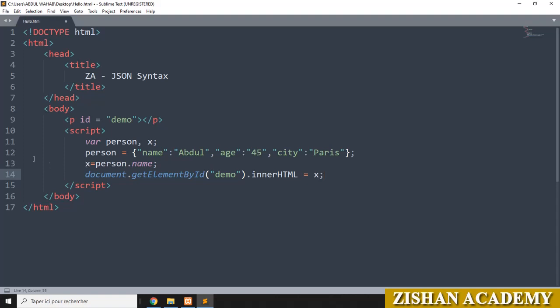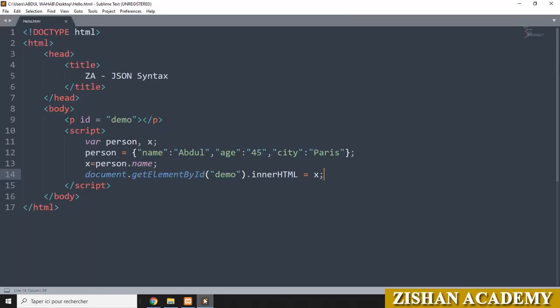Now we will save the file. We'll go to the browser, Chrome browser. Then here hello.html. We will refresh the browser. You can see that I got the name here, Abdul. If you want to go for age, then just change it to age here.